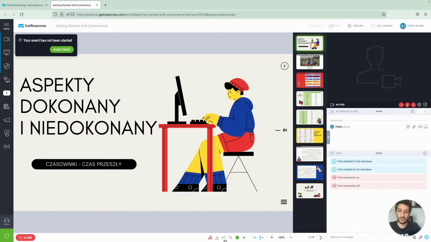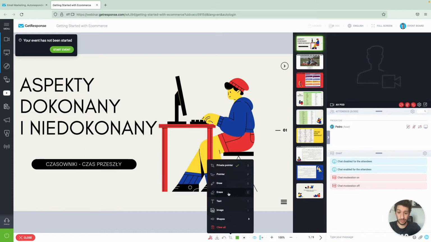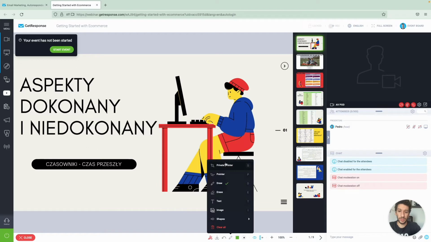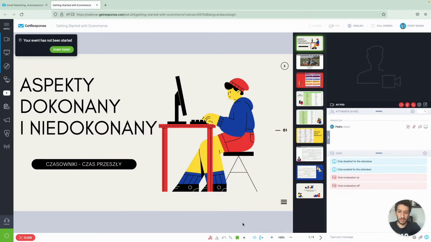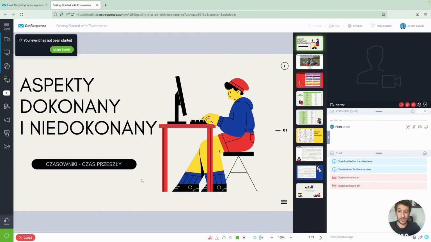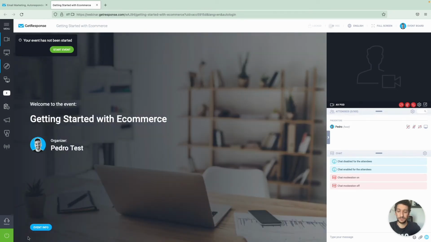You can also undo. Here you select a specific tool. So if we want the draw tool, you can simply draw something here, and then you go to undo, and it just undoes. Let's just use the pointer here. And here you select the width of the drawing tool, of course. You can then follow through the other options. You can zoom in, zoom out, and if you click on the arrows, you can simply move to the next slide and previous slides. And once you are done with this presentation, you can simply click close right here.